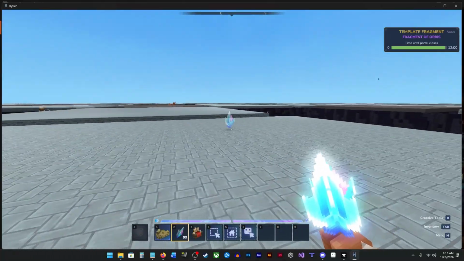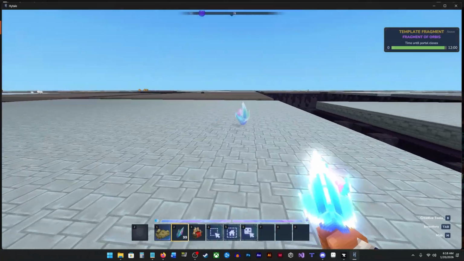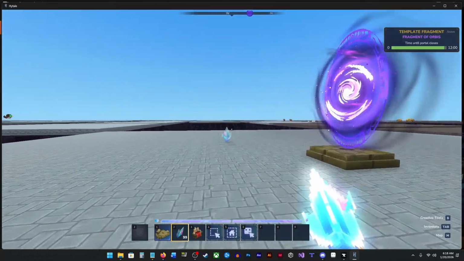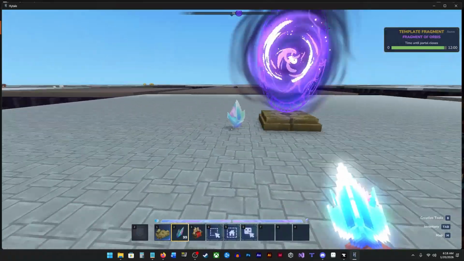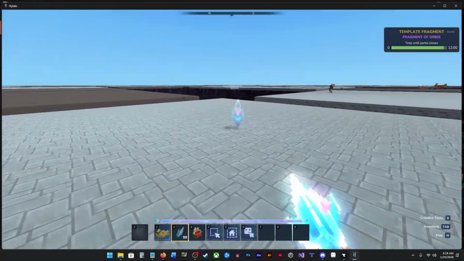We can set the time limit for whatever we want. So you can have like a really quick instance where they come in and they can do stuff for like 6 minutes, or they can do stuff for like 30 minutes or an hour, however much time you want to give them in this world before it kicks them out. Or if they die in this world,